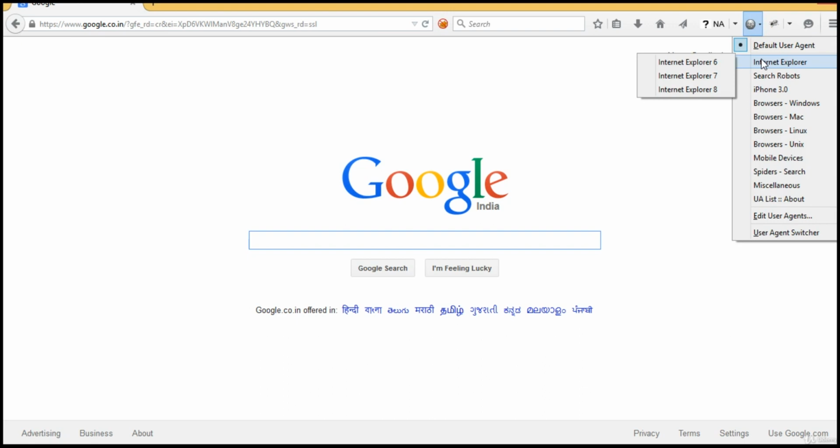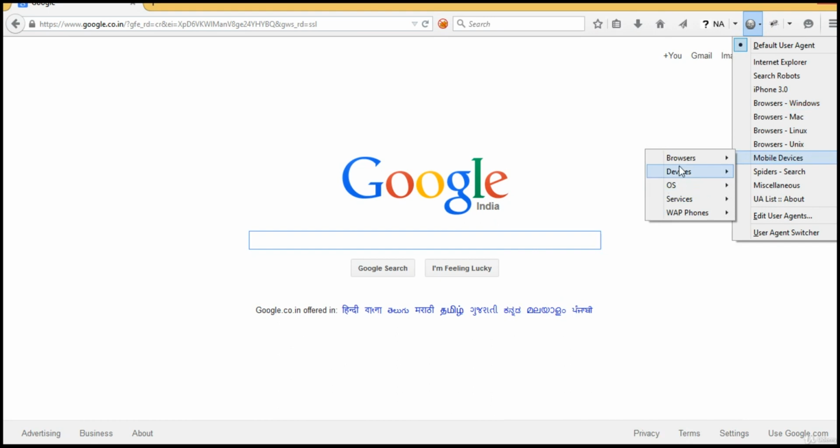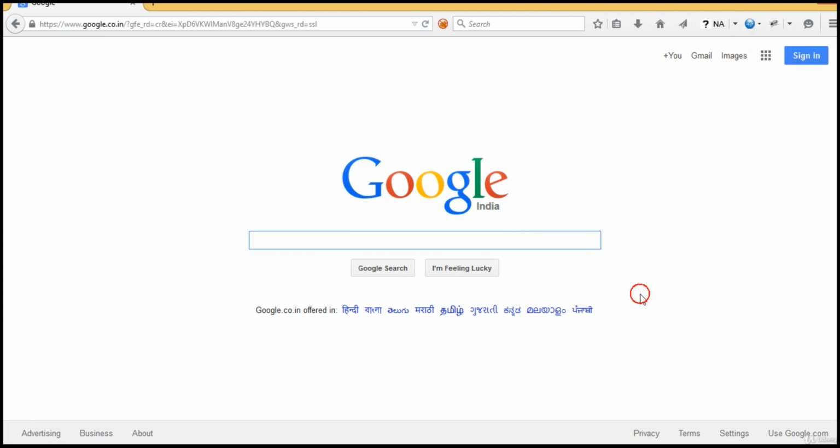Okay, so now I want to execute that test case on the iOS platform Safari browser. Let me mimic the behavior of my browser. I'll say mobile devices and OS, iOS, and then these are Safari. Let me select 4.3, something like that. Okay, now I change the behavior and I'll try to